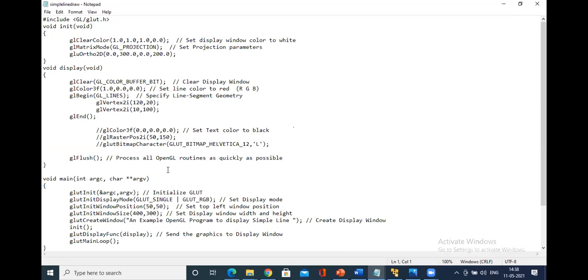In the case of line draw also, if you focus on the glVertex3f, it is 120, 200, 100, 200. Again, the focus is that these coordinates are written within glOrtho2D. If you look at glOrtho2D, you can see it is 0 to 300. It should be within the range of 300, though the window size is 400 by 300. So you have to focus on these things programmatically, or else you will not be able to display the primitives.